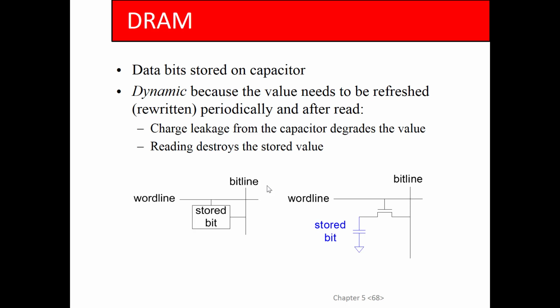So the advantage of this is very low cost. There's one transistor and one capacitor for every bit, and as a result, DRAM is very dense. So you could fit a whole bunch of bits in there. The problem is that the